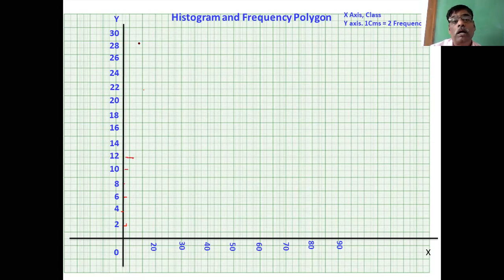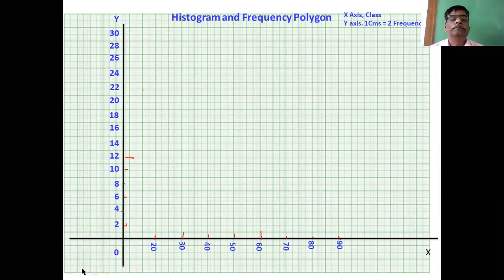Like this, you can mark the values. In the laptop, I am unable to mark properly. You mark the points properly. Here in the x-axis, I have taken 20, 30, 40, 50, 60, 70,